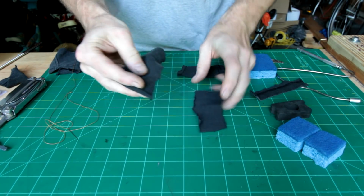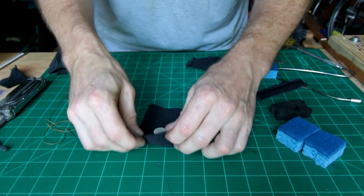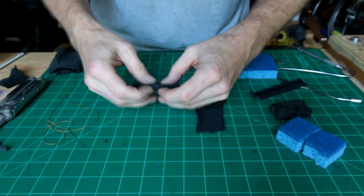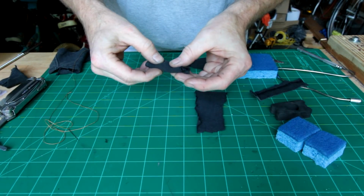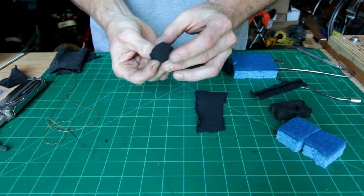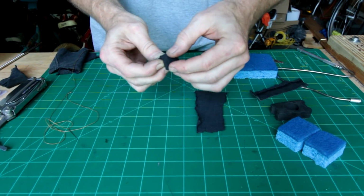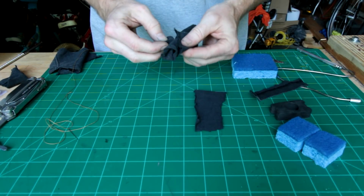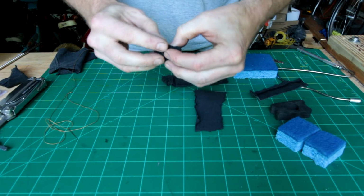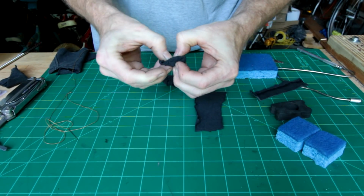Alright. You want to make your pieces of cloth not too big, because you're going to try to get into a small space, but you want it big enough to protect the headlight from the magnet. You want just enough cushion in there, but you still want to have the magnetic pull. So all I'm going to do is fold it over like this, and I could just tie around there, but what I'm going to do is just